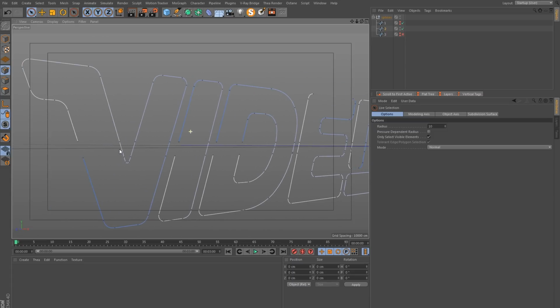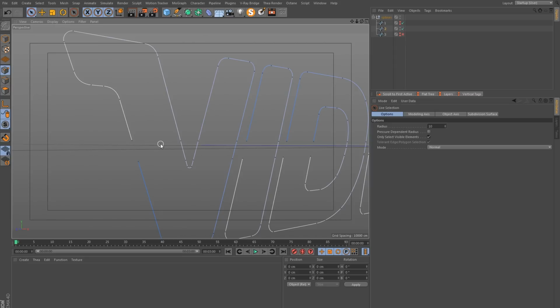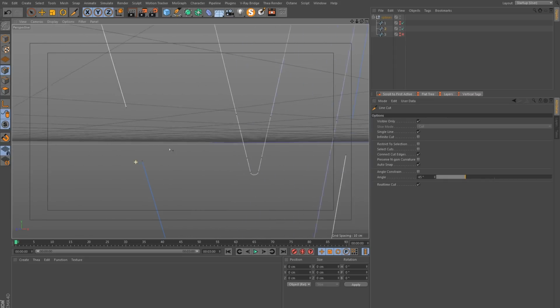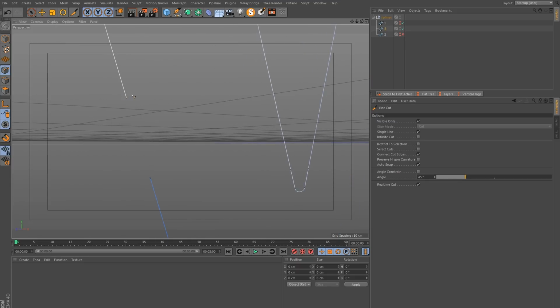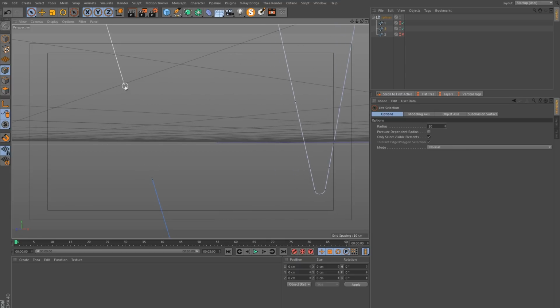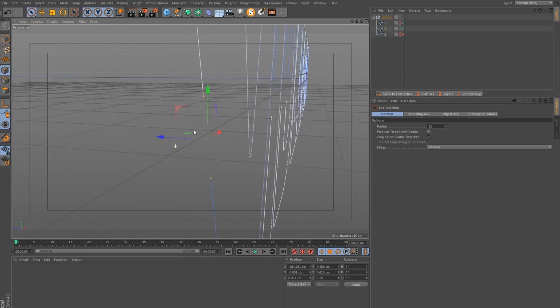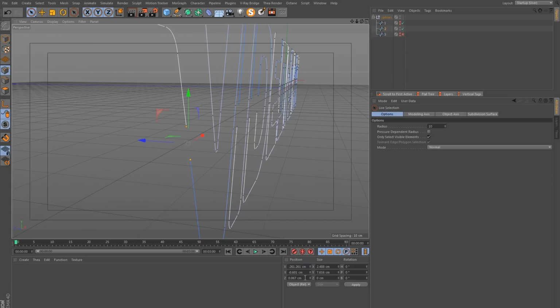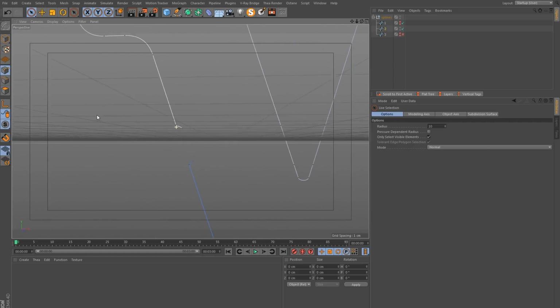Okay, so once you have done that across all of the letters, you want to get the knife tool again and make some cuts really close to the endpoints of the open section, just like this. And I'm just doing this by eye. It doesn't need to be that precise. And then select the endpoints and then move them back in Z-space. So let's say 10 centimeters. And that's how you get the section bending backwards.